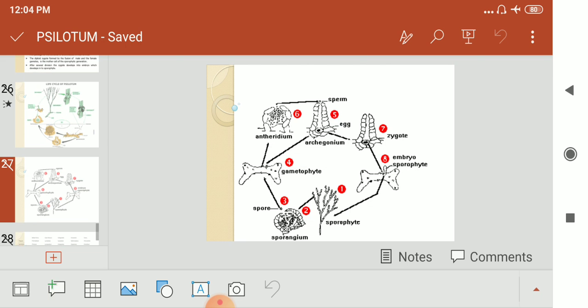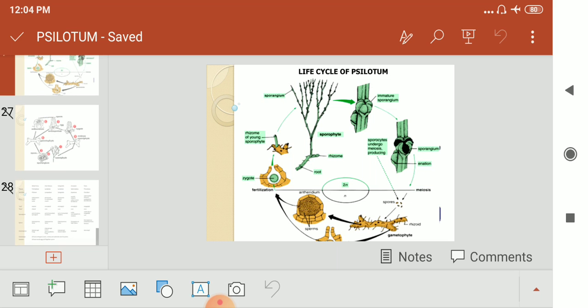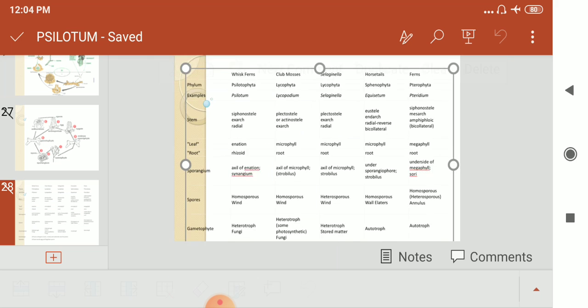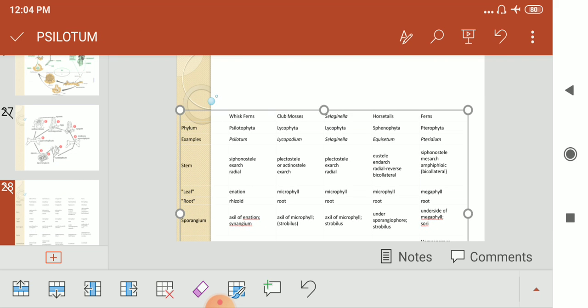So like this, look at this diagram, the complete life cycle of the xylotum, that's antheridia and archegonia will be formed, and usually they produce the spores and they will mature and produce the new sporophyte. Like that the gametophyte and the sporophyte alternate with each other, and these are the differences between the different species of the pteridophyte with the xylotum structure, that is the group Xylotopsida, xylotum and Spinopsida structure.